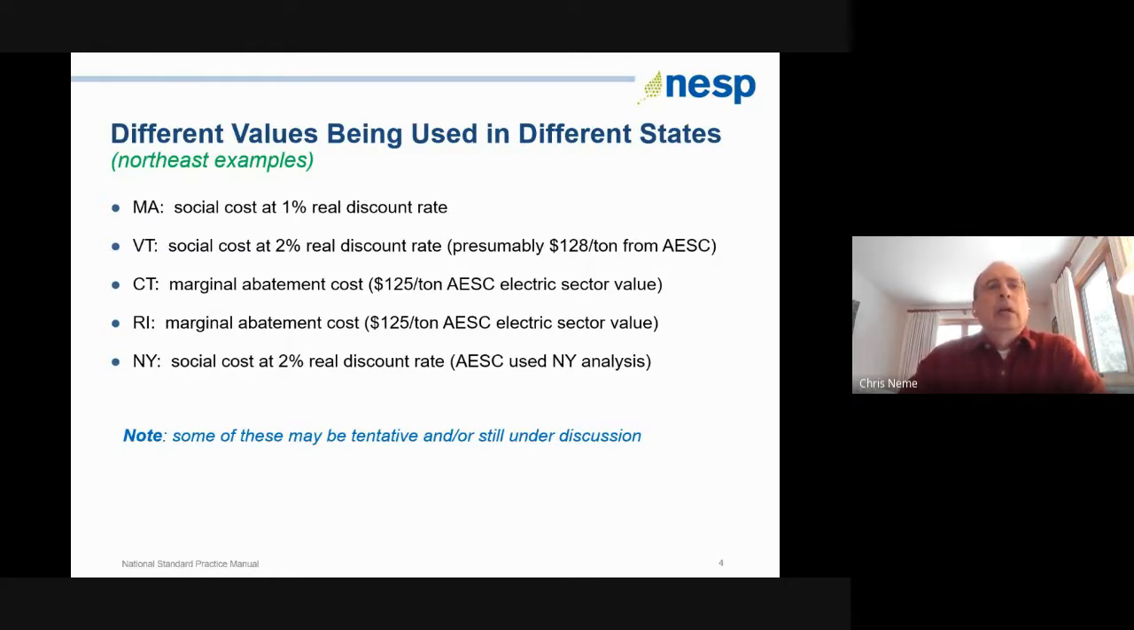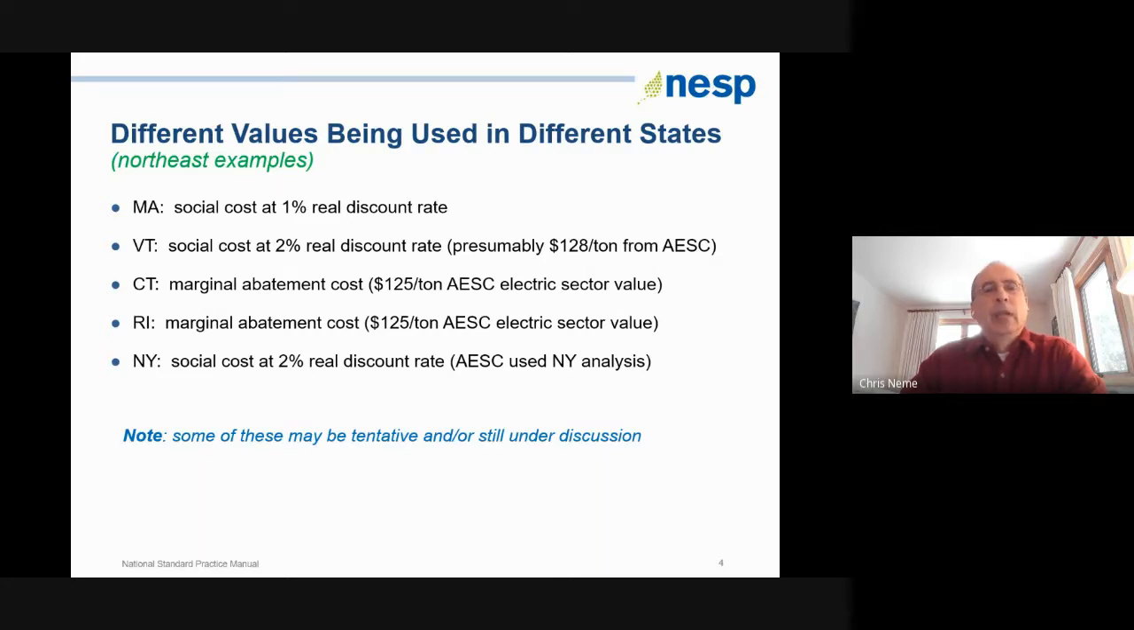In Vermont, the state had historically been using a cost of carbon of about $100 a ton. And it appears as if they're about to move to using the $128 a ton that's based on the 2% real discount rate. In both Connecticut and Rhode Island, it is my understanding, they are using or planning to use the marginal abatement cost method for the electricity sector, which gets at the $125 a ton. And then lastly, New York, I believe, has adopted the 2% real discount rate based social cost